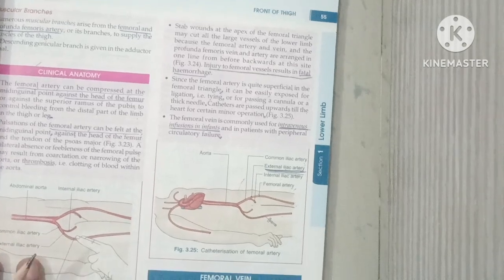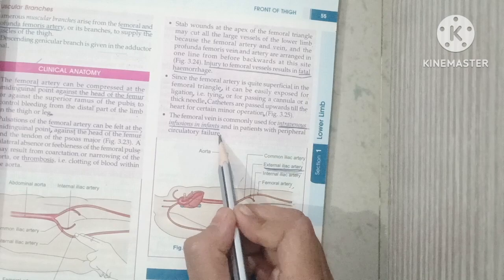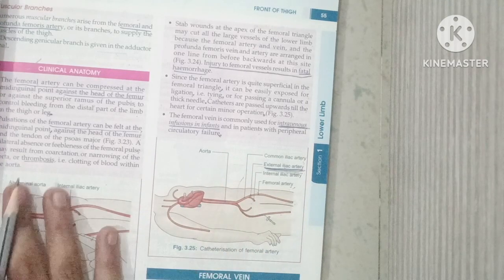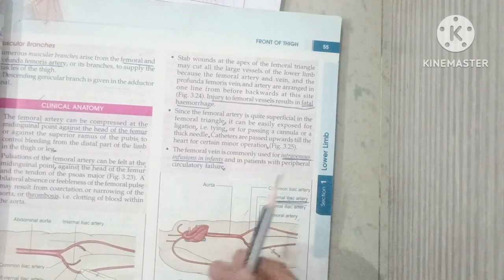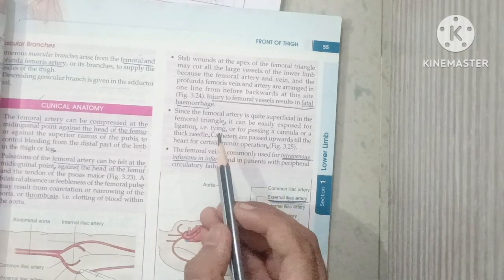Then comes the femoral vein, commonly used for IV fluid infusion in infants or in patients with circulatory insufficiency, such as peripheral circulatory failure. It can be used for IV fluid infusion. Then the femoral artery is the most commonly used for catheterization in minor operations of the heart, and the femoral artery is quite superficial in the femoral triangle,